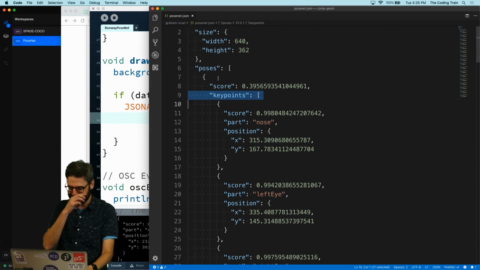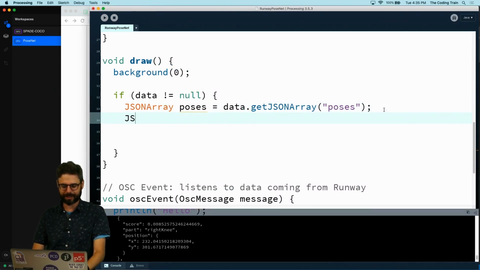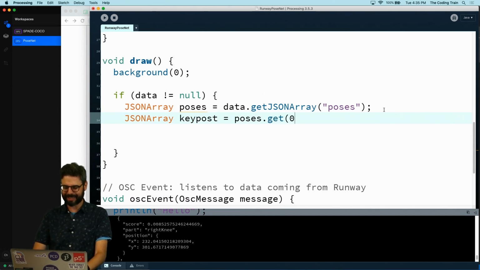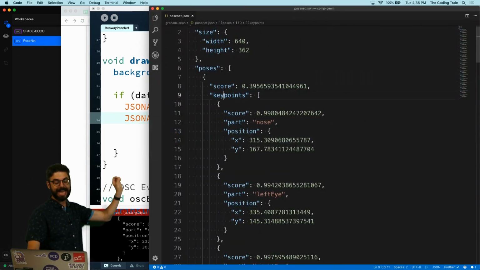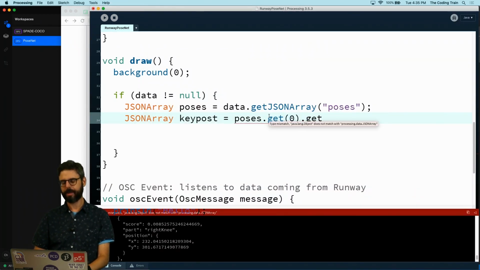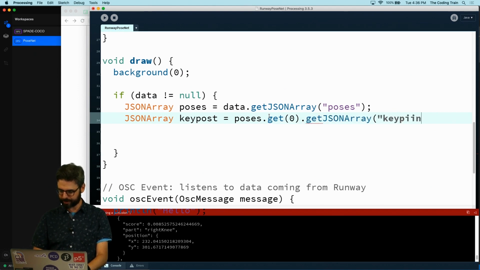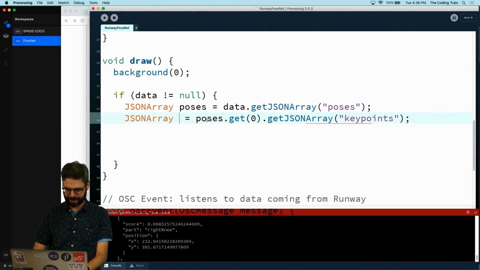So actually what I could do is say, so then that's the poses. Then I'm going to say the keypoints are also an array, equal to poses.get(0). So that would be the first element of the array. Now get a new array called keypoints, getJSONArray keypoints. The good news is the Runway example has all of this in there, so if I get it wrong,